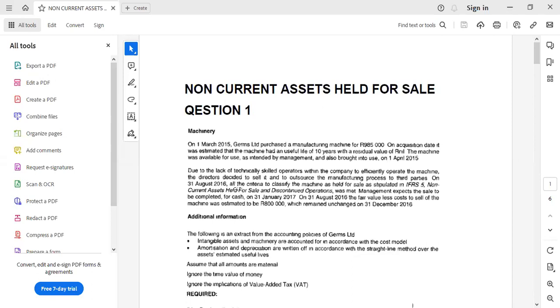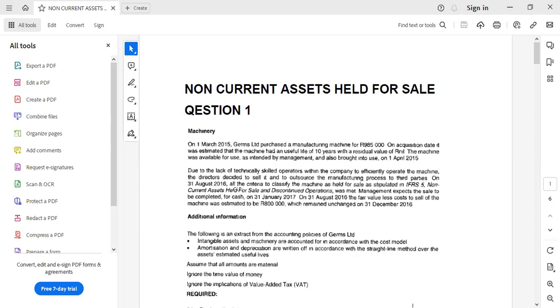The difference is that "available for use" is the date that we begin to provide for depreciation, whereas "brought into use" is the date that SARS will begin to grant the tax allowances. Now they say that due to the lack of technically skilled operators within the company to efficiently operate the machine,